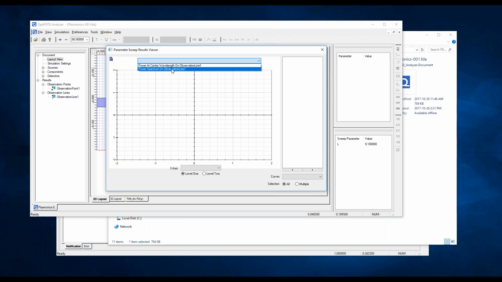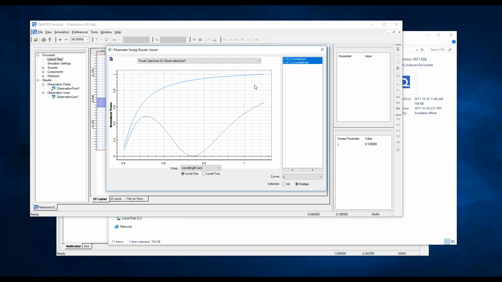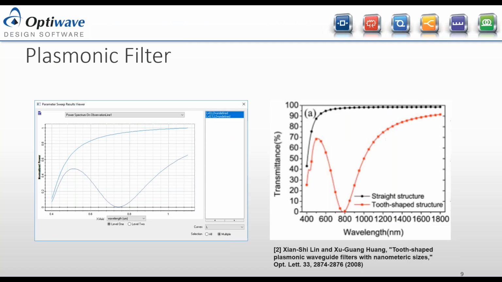So if we go to Power Spectrum on observation line 1, there's only that one observation line. Here's the results from the first simulation where the length was set to 0. So if we take a look at the transmission, it starts going off to 1 as you get to higher and higher wavelengths. If we take a look at it with the tooth, we can actually see the transmission characteristics of this particular plasmonic waveguide. So if we pop back to the presentation, we can see here are the OptiFDTD results on